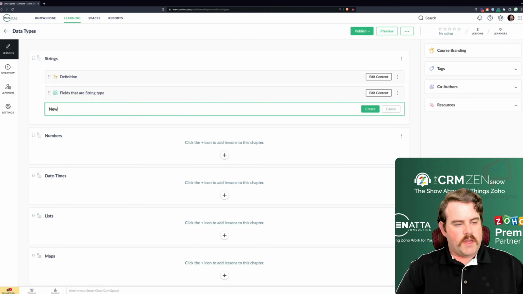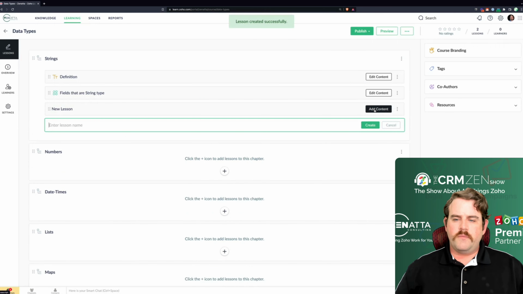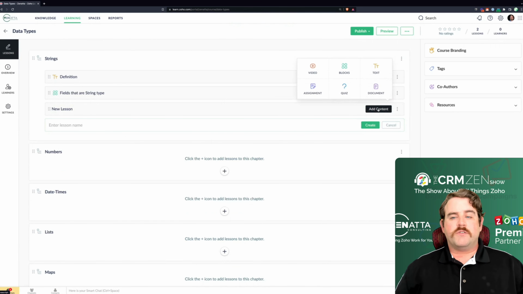So if I have a new lesson, when I first add the lesson, I have this add content button that shows up. And here's where I can decide what piece of content I want going in here. Do I want to add a video, an assignment, a quiz, a document, or text? And then blocks are where you could have an assortment of multiple